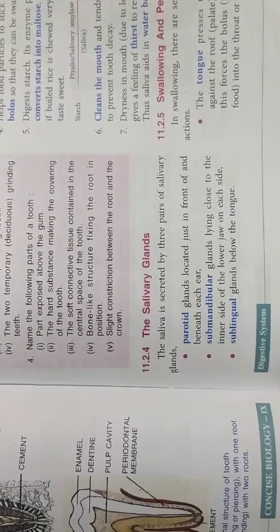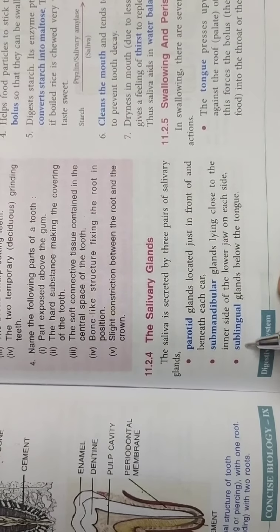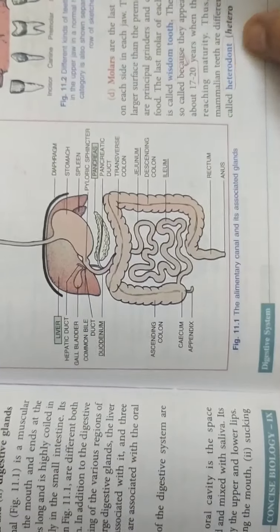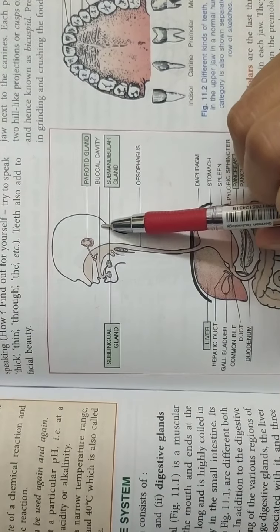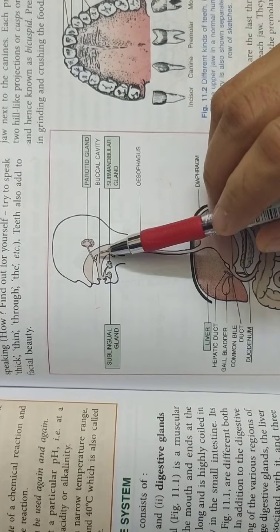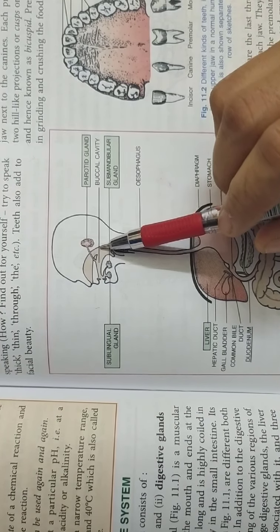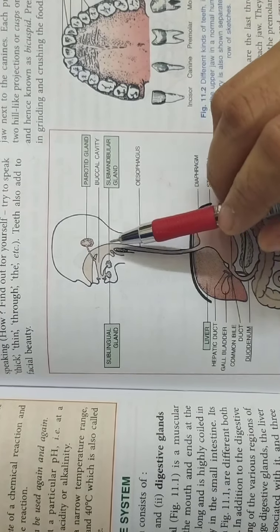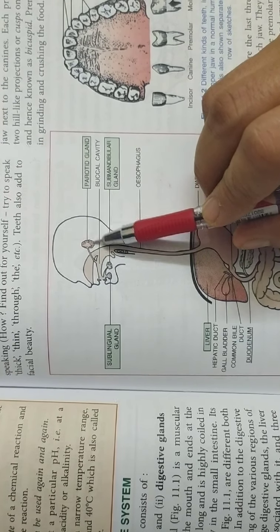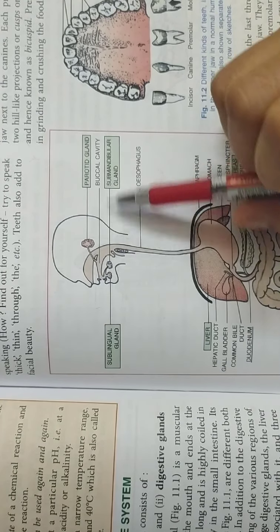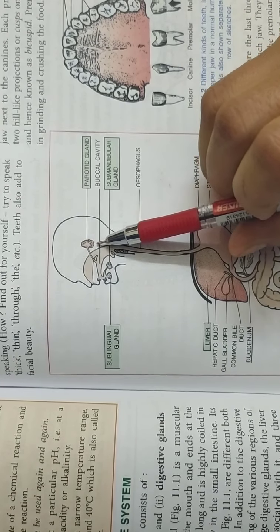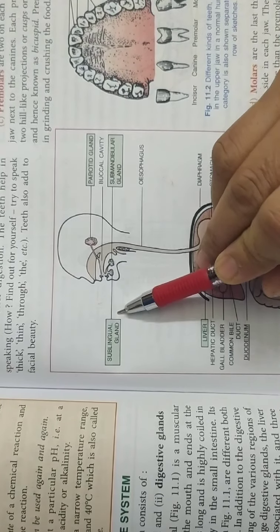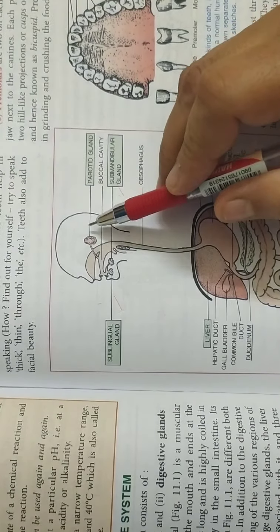Now we will discuss the salivary glands, our next topic. Children, you have to learn 3 more names. In here they have shown in your digestive system, in the mouth we have 3 glands. I think we have read this in class 8th also. We have 3 pairs of salivary glands in our mouth or buccal cavity. We call them parotid glands, sublingual below the tongue, and submandibular below the jaws, and parotid just near the ears. They have written the names here also: sublingual, submandibular, parotid.